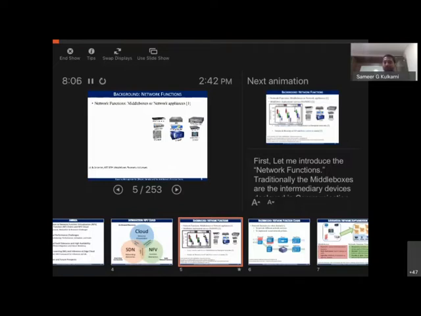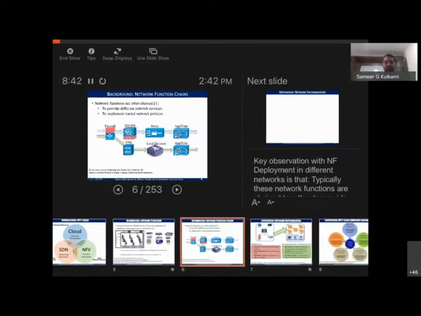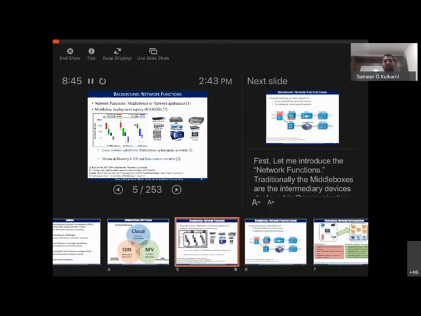Now, earlier there was some study conducted to see how many of these services are being deployed and what is the ratio in terms of the actual servers that run in the cloud or data centers or even the ISPs versus the mix of these devices. And you can see here, this was around 2012 to 2015, right? You can see the number of these devices in terms of different devices in networks, like the routers or the switches, which are basically meant to forward the packets.